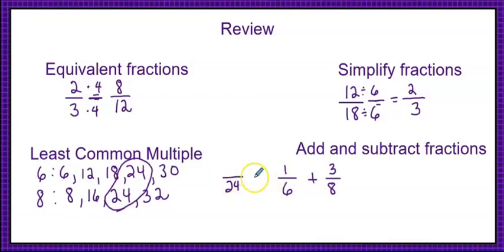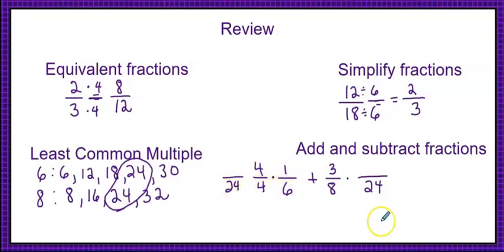For each of these, I'm going to have to multiply times something to get that 24. And over here I'm going to have to do the same thing because I need my denominator to be the same for both of these. So then what I can ask myself is, well, what do I do to this to get this 24? Well, I multiply 6 times 4. So as long as I multiply by the same thing, numerator and denominator, I will get an equivalent fraction to